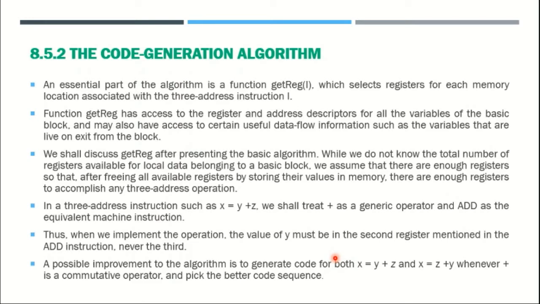To overcome such problems, where the first operand must be in the first register and the other operand in the second register, to avoid such circumstances, we can use a commutative operator. With this, we can store the operand values in R1 or R2 in any manner. For that purpose, we use the commutative operator.